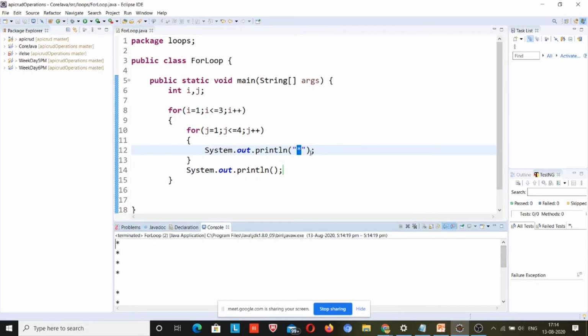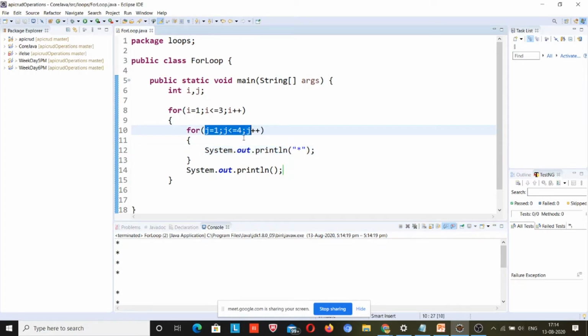And how many stars will it print? Until the loop is false. First time the j value was 1, that's why it printed 1 star. Second time the j value was 2, the condition was fine, then again it printed 1 star. Third time the j value was 3, again the condition was fine, then again it printed a star, right?